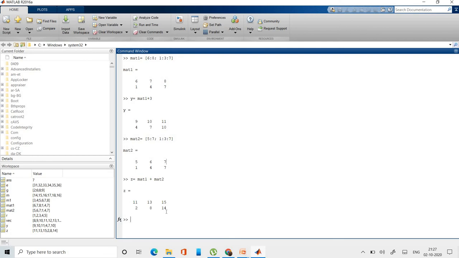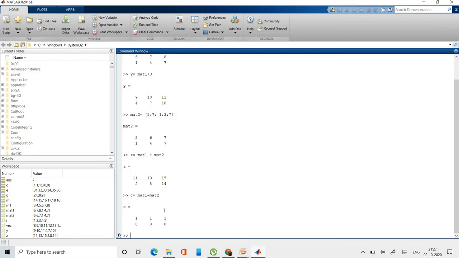Okay, so now if you want to subtract, okay, just type mat 1 minus mat 2. Okay, so it will subtract both the matrices. Now while doing multiplication, if you want to do element by element multiplication, okay, then use dot followed by an asterisk. Okay, vector multiplication we will see later.